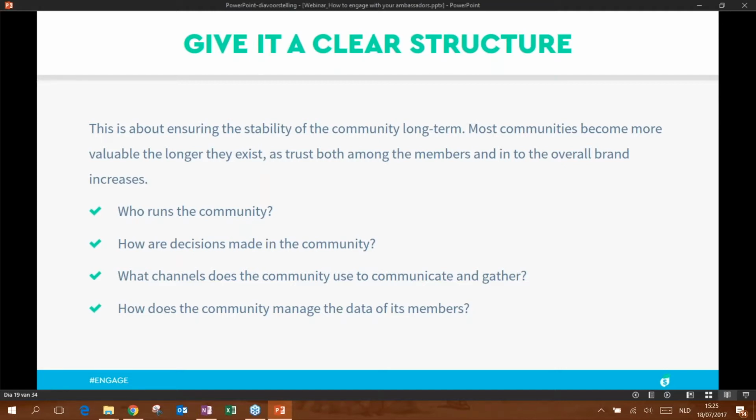What channels does the community use to communicate and gather? I think there are some very clear options for this. Of course, we have social media. Again, WhatsApp, I think, is a very good one, like Adidas did. But it doesn't always need to be online. I think offline is very valuable also. Have small chats in team meetings maybe, where everyone can sit together and just talk about their experiences in a